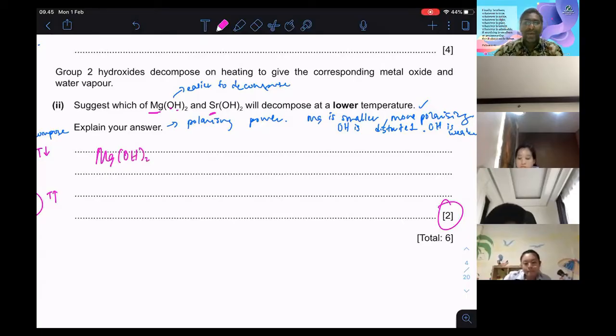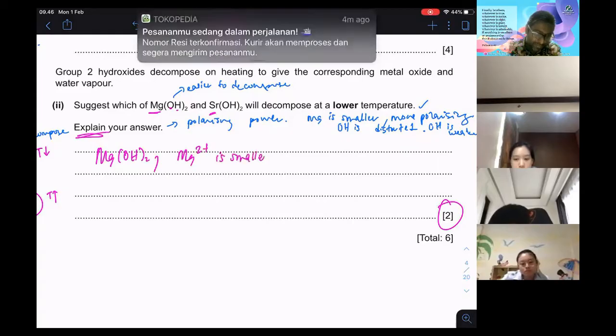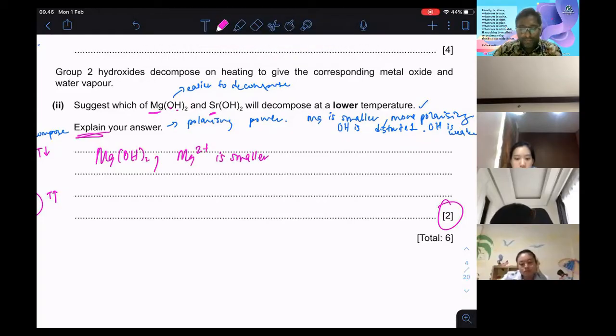What else you need to put? Very important. When they say explain, you explain in detail. Why does this one have, for example, more polarizing power? I cannot simply say they have more polarizing power. You just need to explain. Magnesium 2 plus is smaller. Of course you don't compare with the charge, because the charge is the same. So you say because of that, your charge density, not the charge but charge density. Your charge density is charge divided by ionic radius, so charge density is going to be